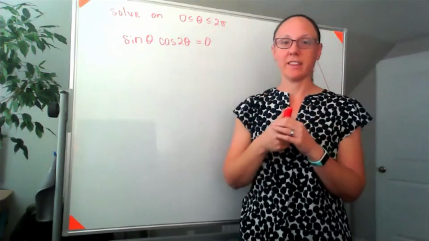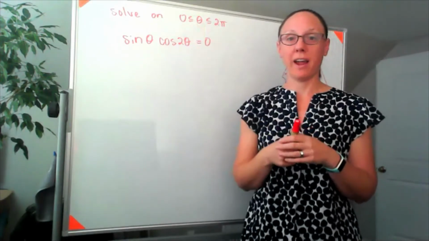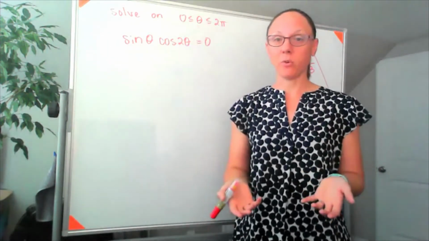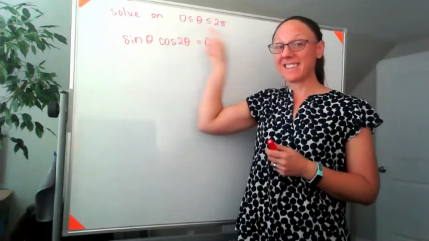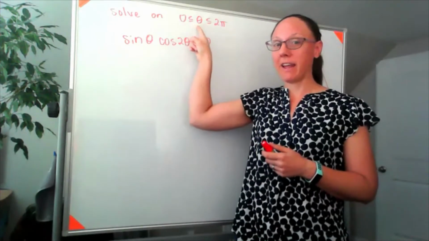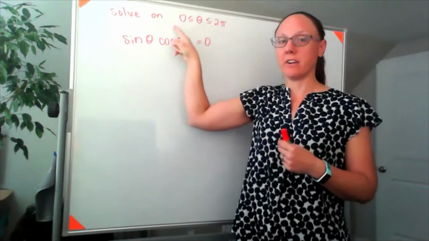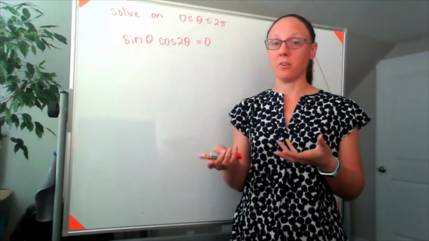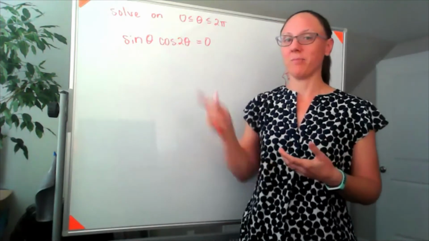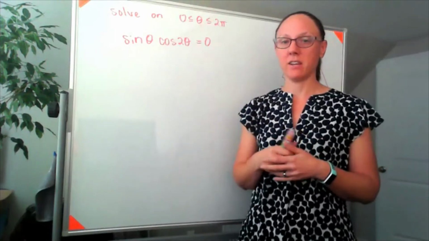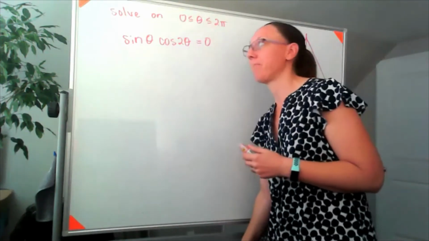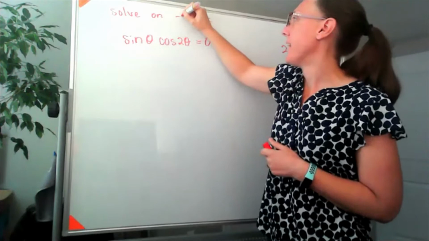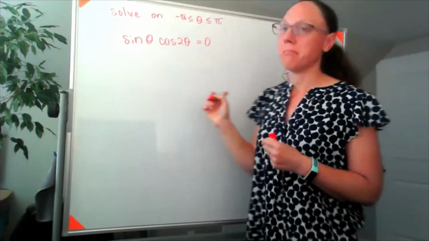So let's say that I was looking at this and I'm trying to solve on 0 to 2 pi. That means that I cannot include the negative answer, even though it's a coterminal angle, because this is specifying that whatever angle I'm going to report, it should be between 0 and 2 pi. So that's an example of why a coterminal angle would not be a correct answer in the context of how a question was asked. But if I asked this and I wanted an answer on negative pi to pi,